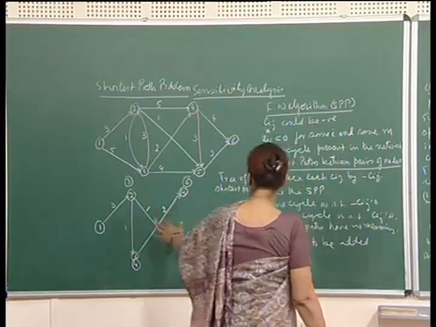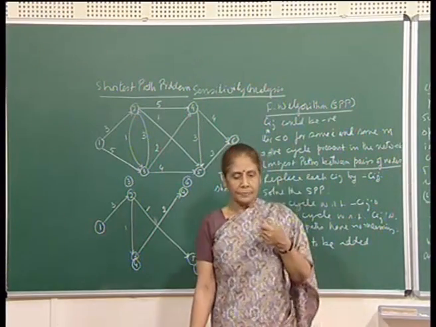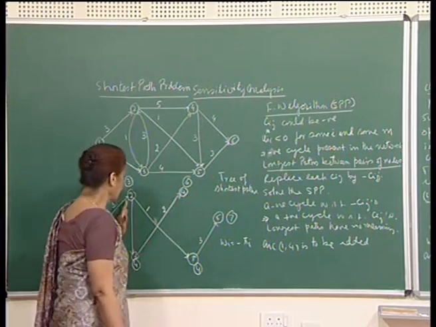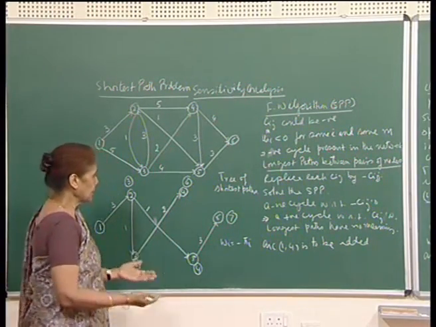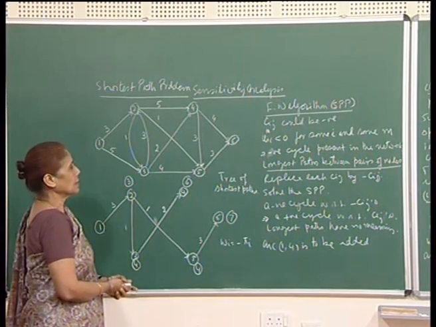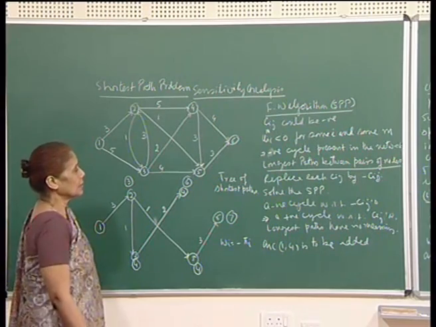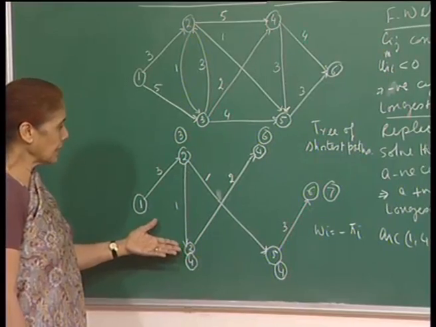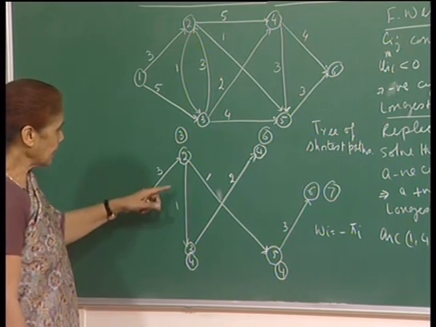Of course, this is a small example, but essentially what will happen is that you will have to start the labeling procedure again, because remember we do not have the linear programming structure anymore. To exploit the structure we have used Dijkstra's algorithm. Of course, this is the case when I am taking all C ij's to be non-negative. So, in that case you will have to start your labeling again,